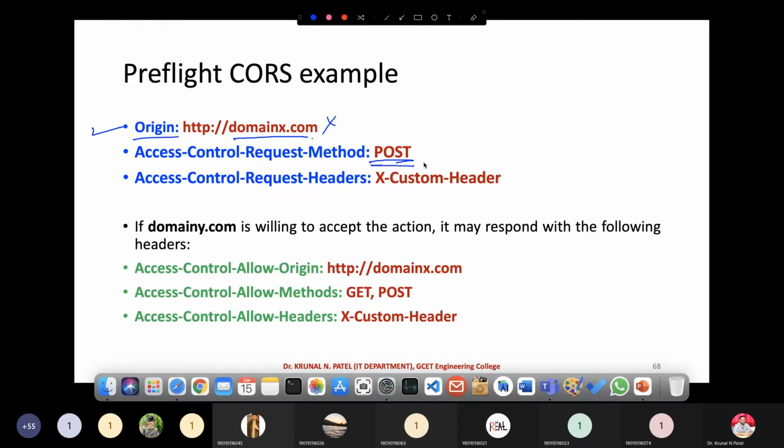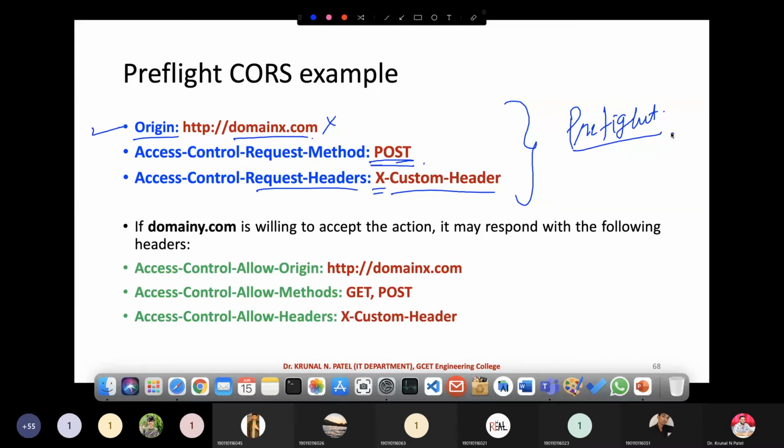And the next parameter is the Access-Control-Request-Headers, that is a custom header for the X domain, so it is X-Custom-Header. So these three pieces of information are preflighted; initially, I'm going to send them with my request.